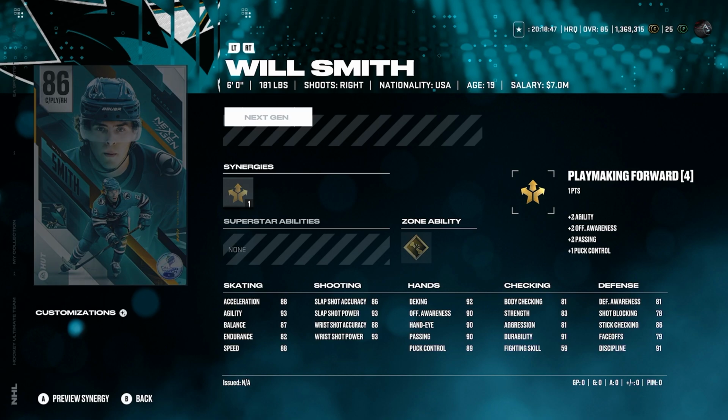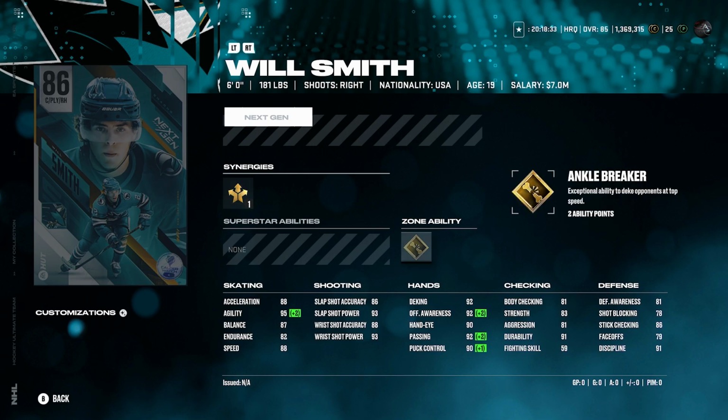So number 5, we got Will Smith. Will Smith, 6 foot, 181, right-handed centerman. Again, not really a guy you'd probably play at center because his faceoffs aren't great. I mean, 79 faceoffs to me is not really good enough. But he's got gold ankle breaker, 88 speed, 88 acceleration. That's pretty good. I do like his power on his slap shot. That's very good on his wrist shot. The accuracy is not amazing, but it's a pretty decent shot for Will, I would say. I like it. I don't love the ability on him. To me, gold ankle breaker is kind of mid, personally,